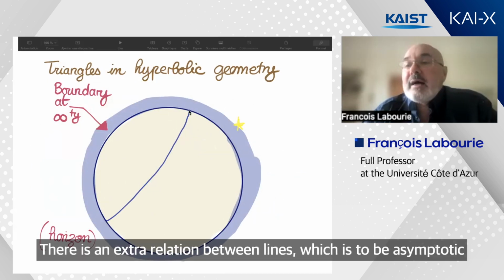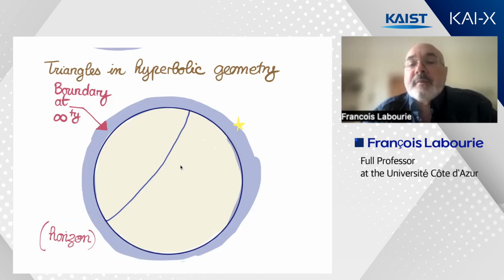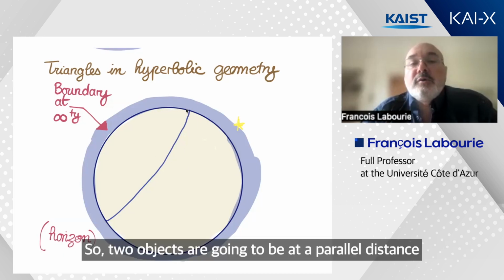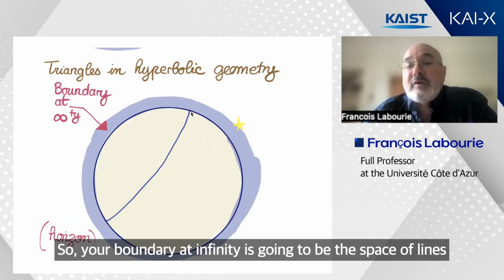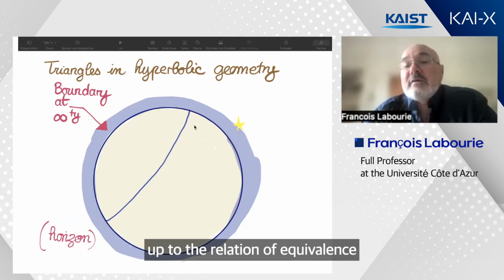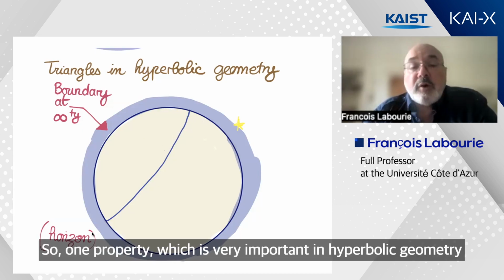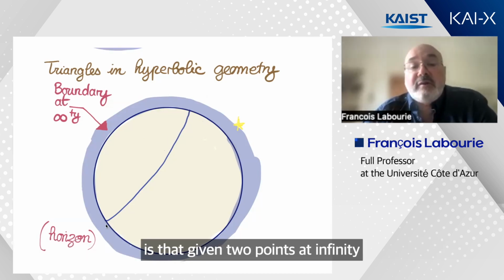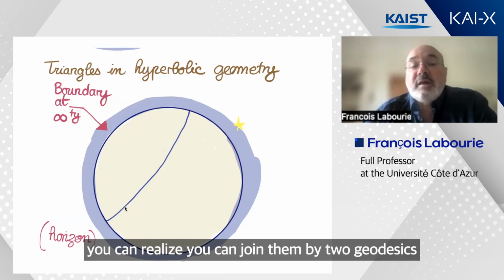There is an extra relation between lines, which is to be asymptotic. So your objects are going to be lines at a parallel distance. So your boundary at infinity is going to be the space of lines up to this relation of equivalence. One property which is very important in hyperbolic geometry is that given 2 points at infinity, you can join